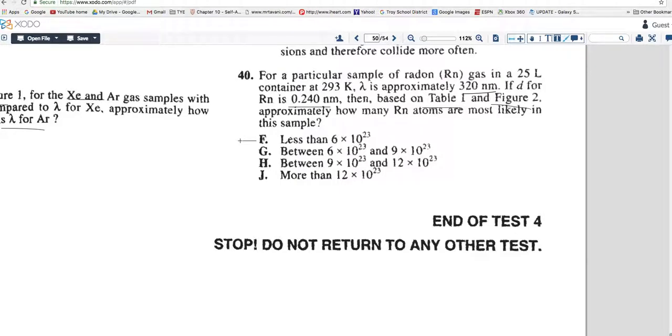Start on question 46, or whichever one we start on. Okay, so let's go. Let's start